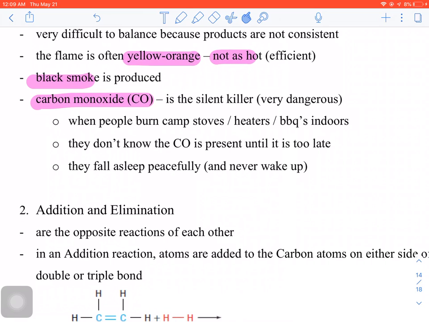Right? It's a chemical that is in the room. If it's in the room, you don't know it's there. Right? You can't smell it. You can't taste it. It doesn't make you cough. It doesn't make you sneeze. You just don't know that it's there. You breathe it in, you breathe it out. The problem is, when it gets into your bloodstream, carbon monoxide